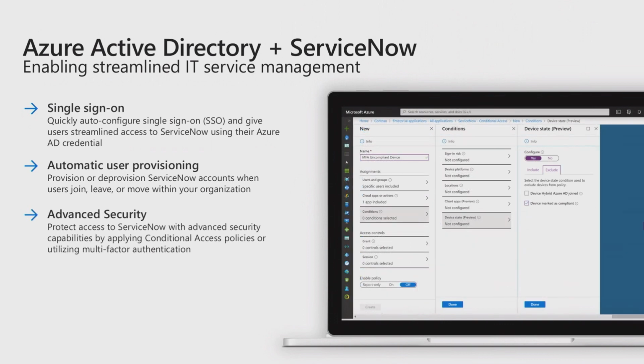To get advanced security and protect access to the ServiceNow application, you can apply conditional access policies and utilize multi-factor authentication. There are different conditions available in our conditional access policy engine. You can select these conditions based on your requirement and then decide what access control you would like to provide. For example, you can force MFA for administrators in ServiceNow.